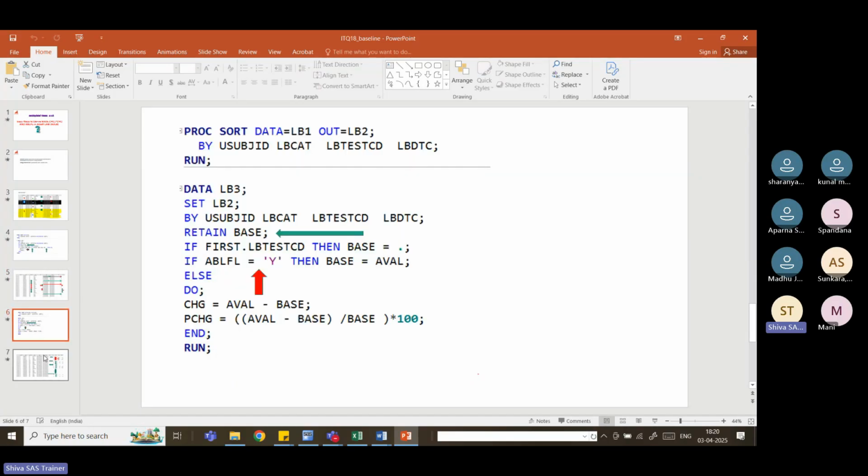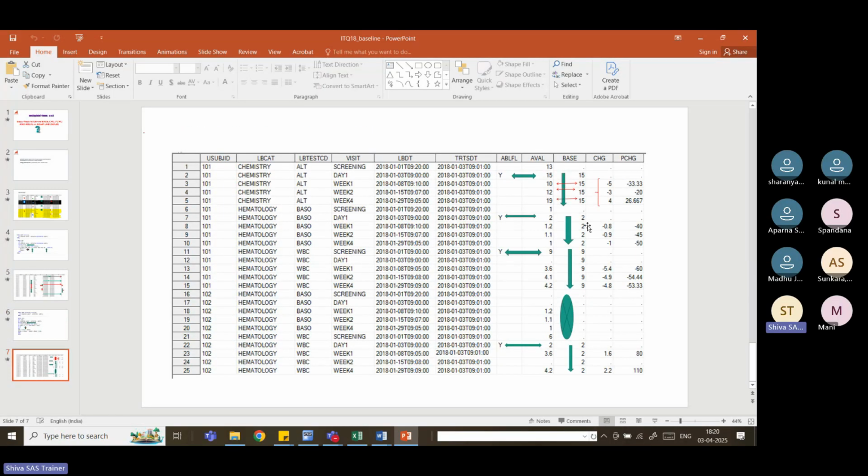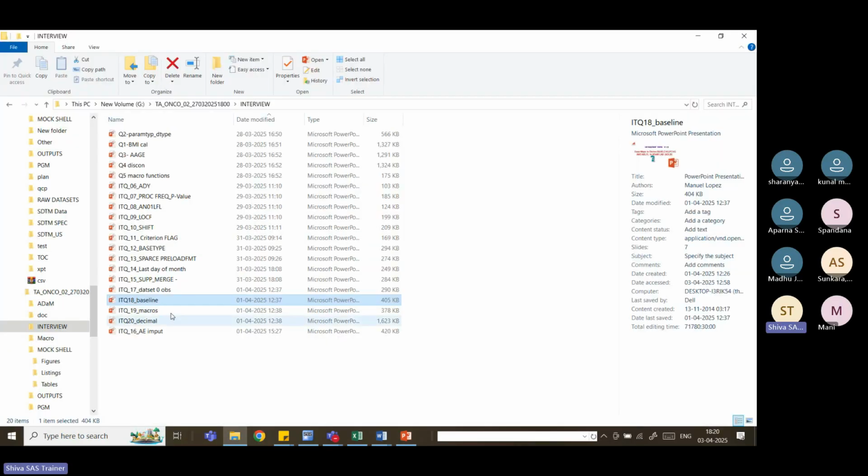And this is the same. What I explained: programmatically base and change, etc. And next,